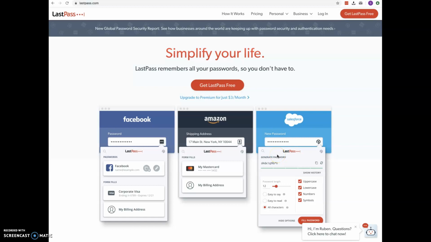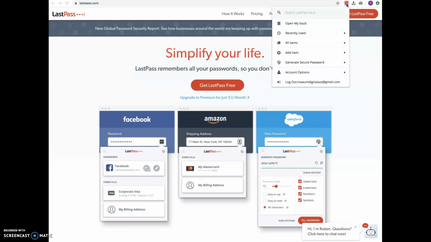Hi, this is a quick video on LastPass and how to use it. So here you can see that I'm at lastpass.com and you can get LastPass free. So you go through the process of getting LastPass, the browser extension, which you can see here, in my case on the Chrome browser. And then once it's installed, if you just click on it, you can see I've provided